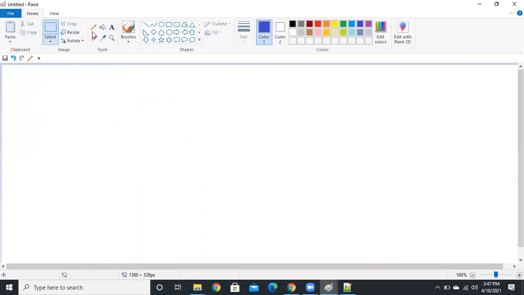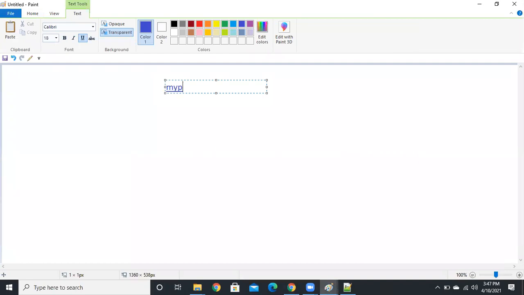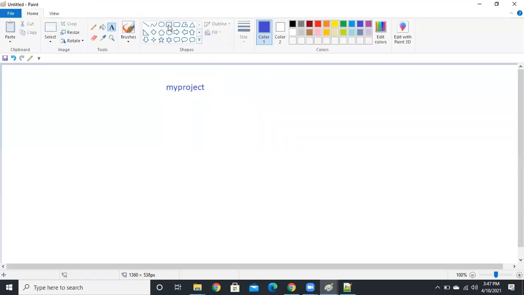First we have our project folder, suppose my project. This is my project folder. If you open this project, you will get only the main file, index.html.